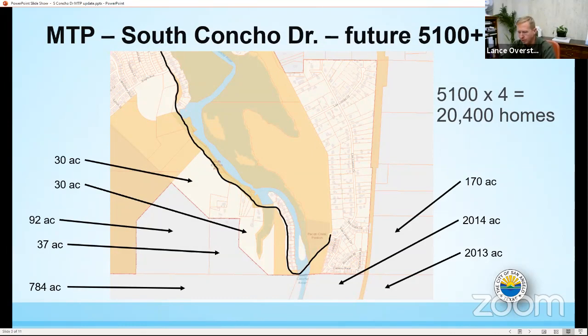The other component to this is that there is a lot of pedestrian traffic and bicycle traffic that occurs on South Concho Drive. And honestly, with the amount of traffic that we have the potential for, a 40-foot pavement or a 50-foot right-of-way would probably not give us the adequate amount of space to accommodate the traffic and to plan and accommodate for the pedestrian implements. And so what we like to have is dedicated pathways, dedicated bike lanes. If you put a couple of bike lanes